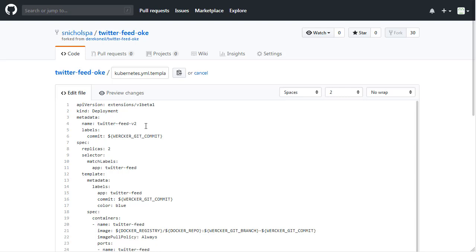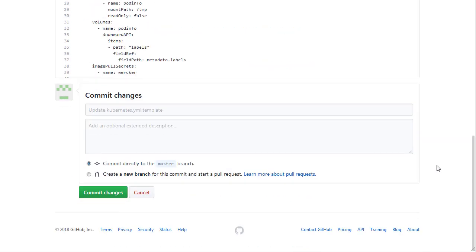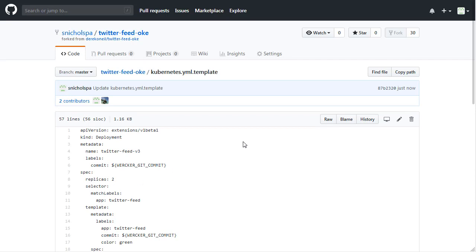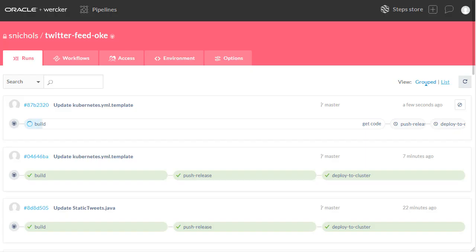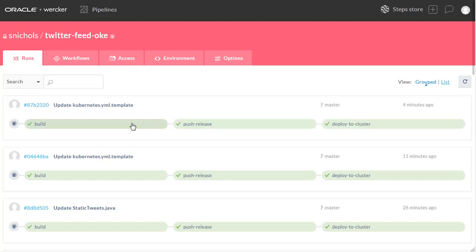Now we're going to edit the Kubernetes YAML template file again. And this time we're going to increase the version number from a 2 to a 3. We're going to change the color labels from blue to green. We committed our changes, and we'll see that another build was executed. Once the Wercker workflow is completed,